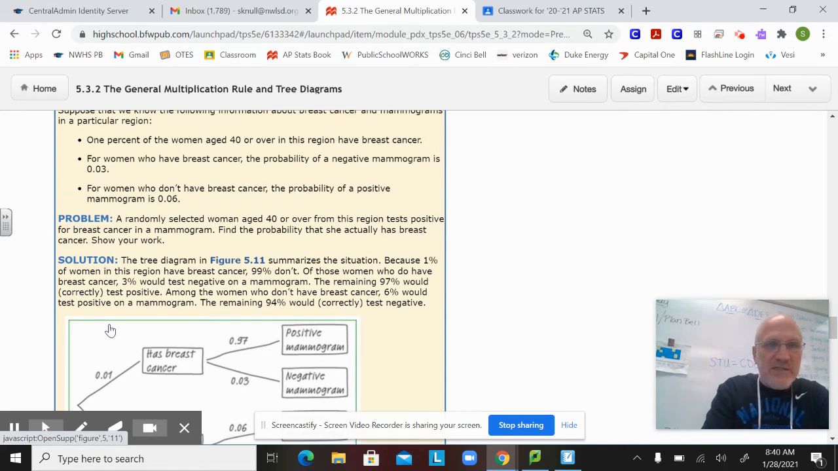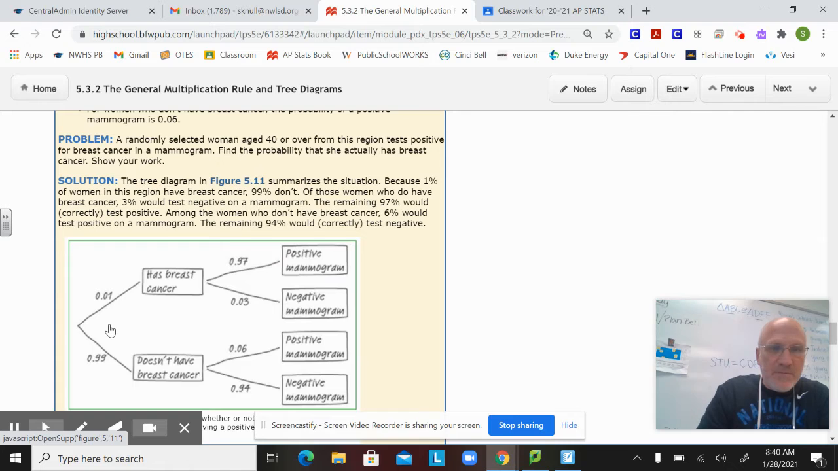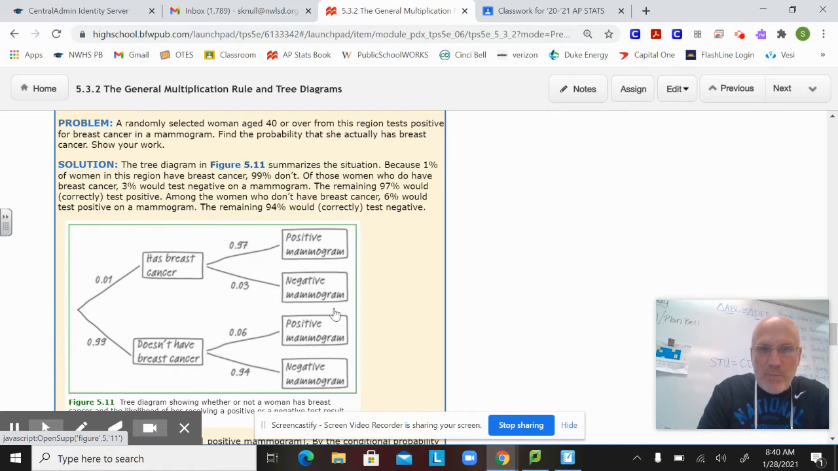Then the second one says, for women who have breast cancer, the probability of a negative mammogram is 0.03. Let's just focus on that bullet point. If they have breast cancer, the probability of a negative mammogram is 0.03. So again, now we're looking at this up here. For those that have breast cancer,